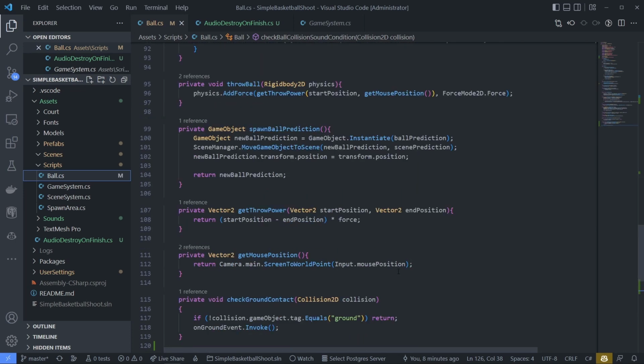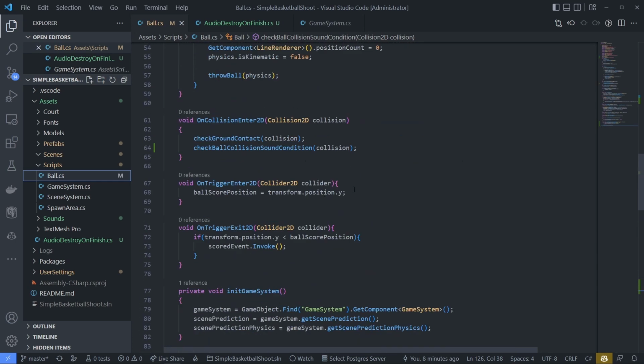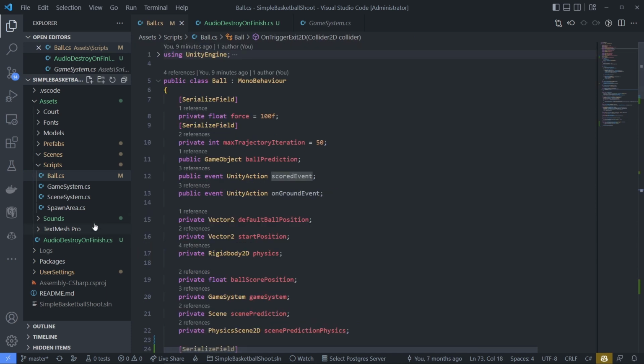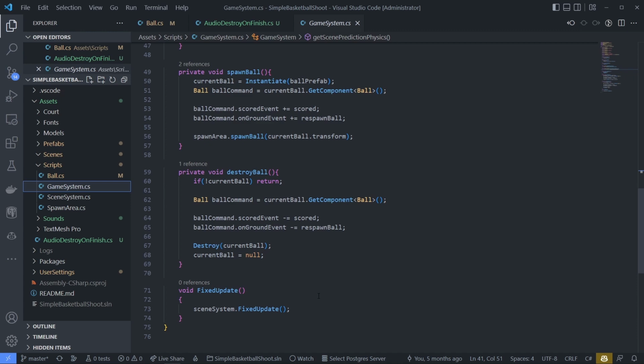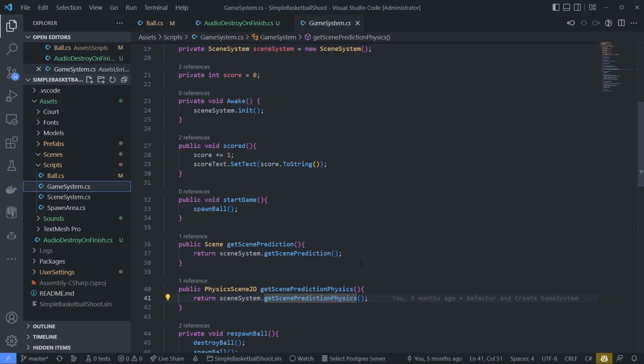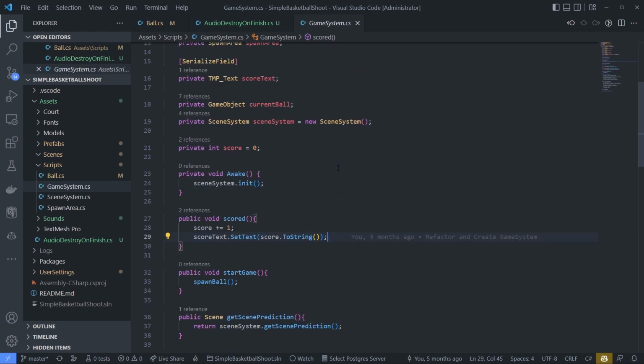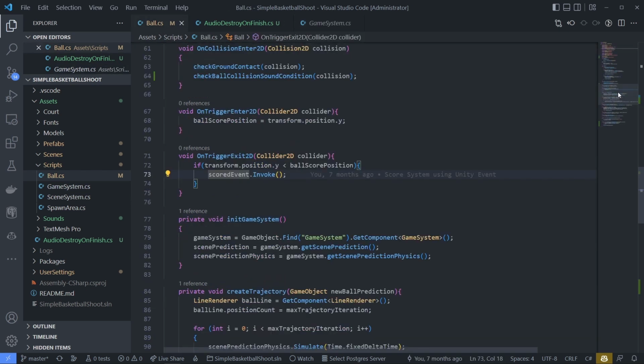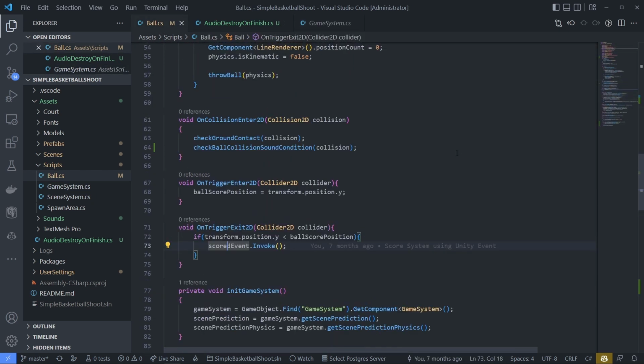You can add it from our score event.invoke. Basically, right here. But this one is done after enter the collision or trigger and exit the trigger.